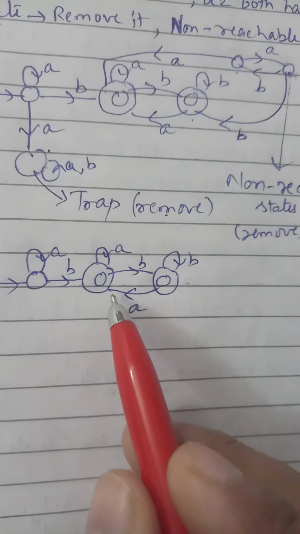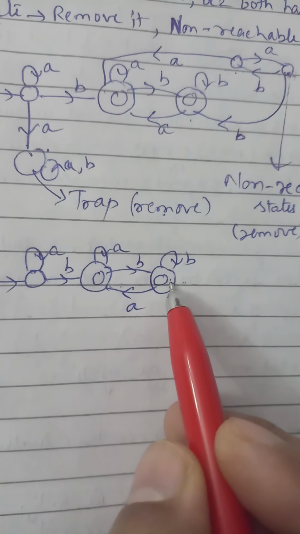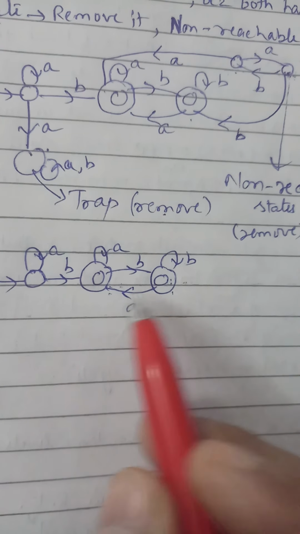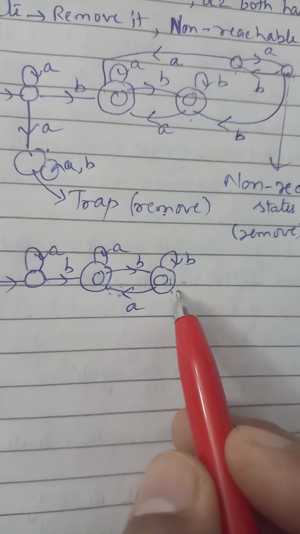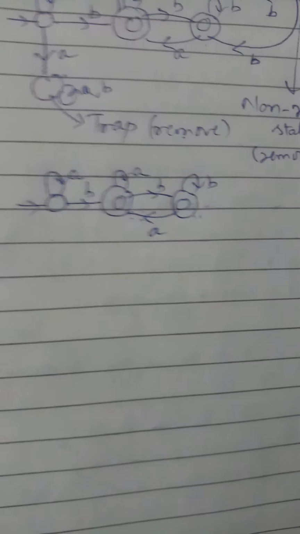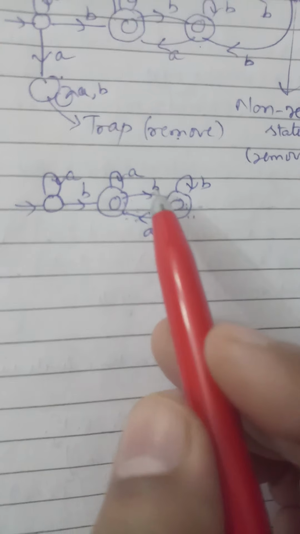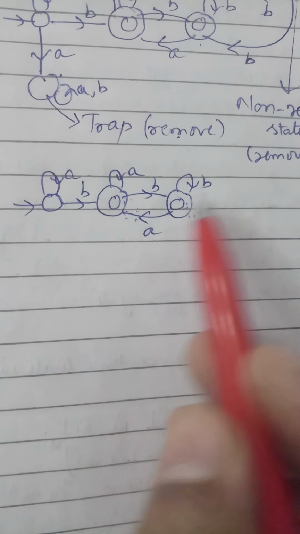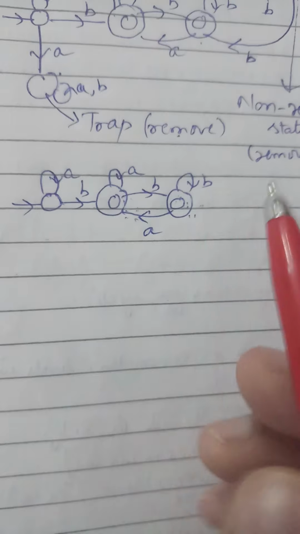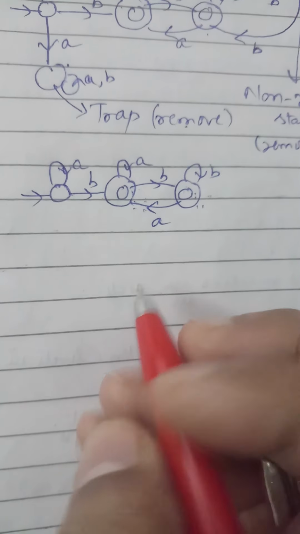And here we can simply see that both are same, so we can remove one of them. Here AB and BA, both are the same, so we can remove one of them. So what we will get finally,